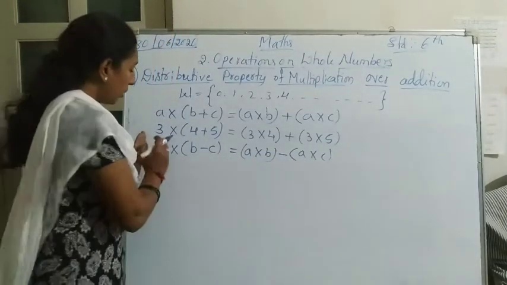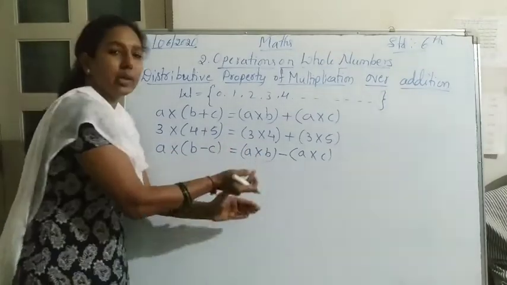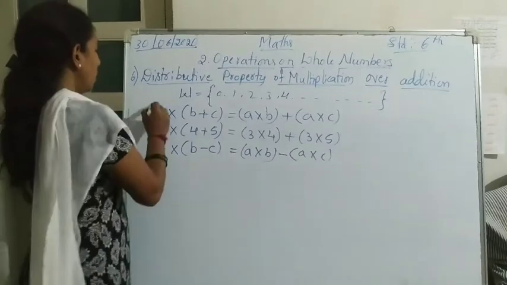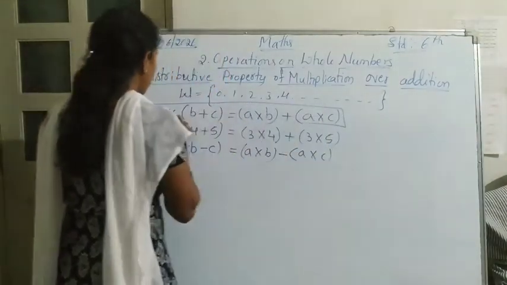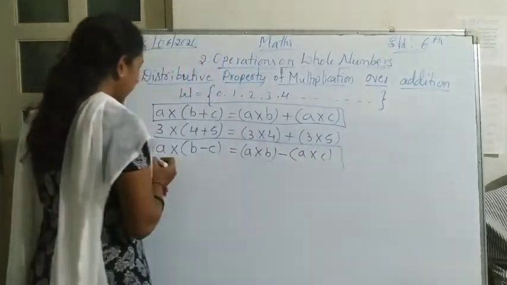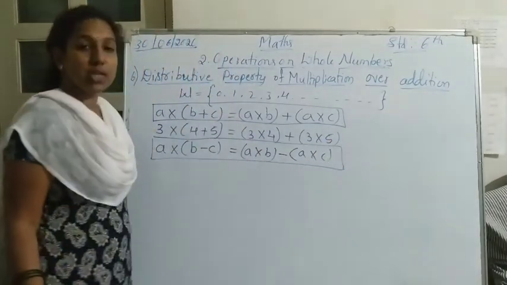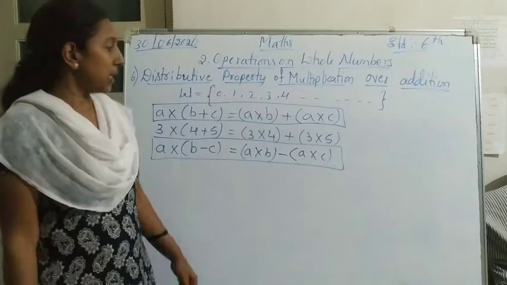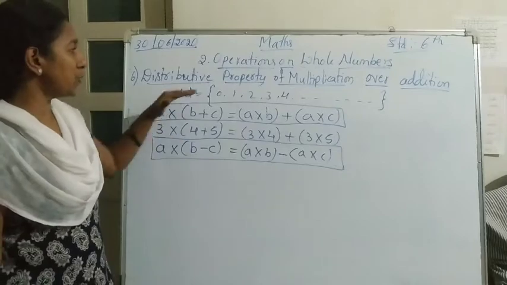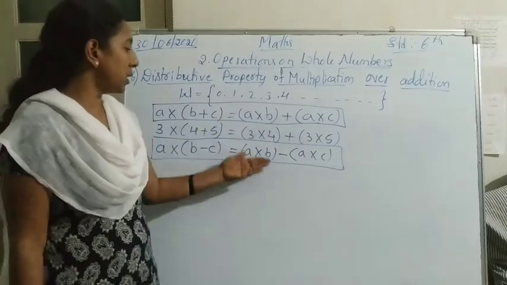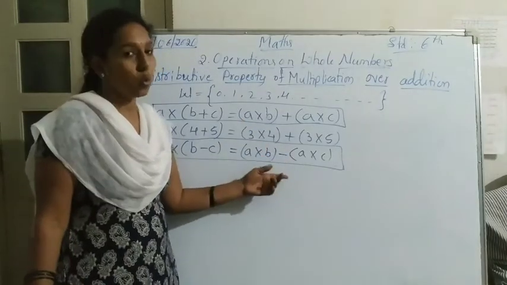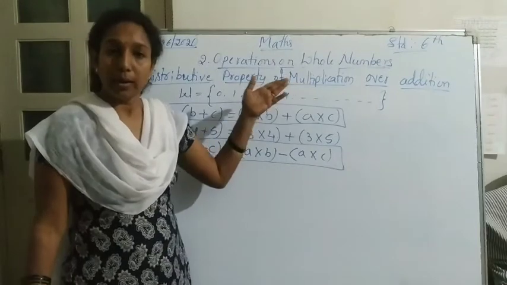So here remember we have to multiply with both. That we are doing here by making separate. Okay. So this is what we call the distributive property of multiplication over addition, and this is the distributive property of multiplication over subtraction. These two you have to remember, children. These two are called the distributive properties, and it is satisfied for the whole numbers also. If I take like this, you get the answer only, correct? So distributive property also holds good for the set of whole numbers.